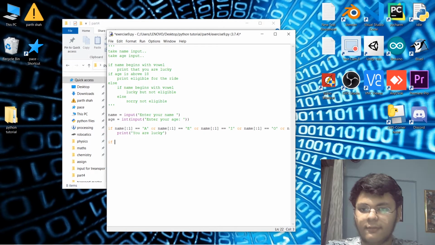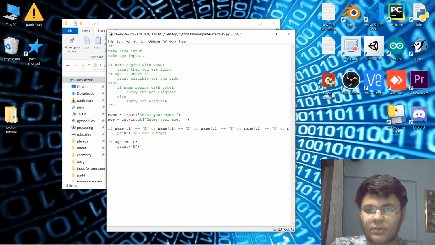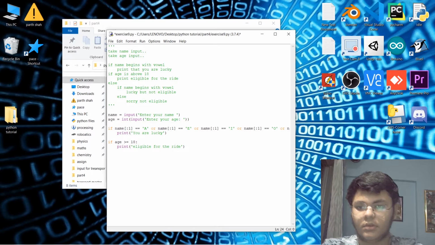and if age is greater than or equals to 18, print, I'll just copy this, eligible for the ride, yep, and else, again I'll say if